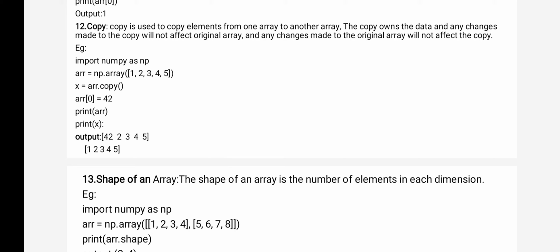So it is individual, both are individual and both are not dependent. If you make any changes to the copied array, that will not affect your original array. It means if you want to add any duplicate content, you just create a copy. Now in this example, you see,